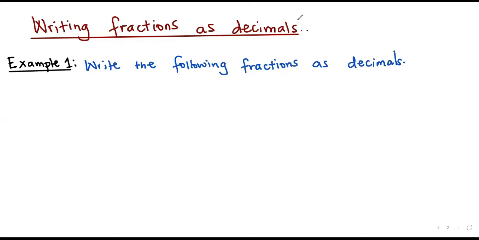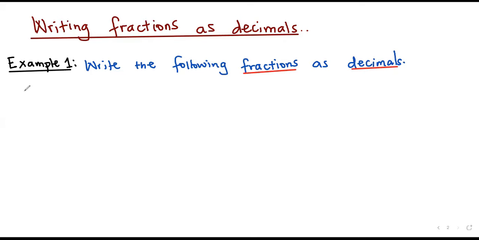Remember, a fraction has a number up and a number down, or it has a numerator and a denominator. Then a decimal has a decimal point. So we want to change fractions to decimals. Okay, so let's have